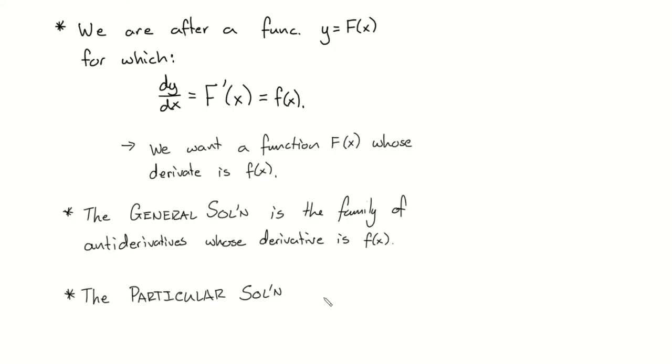Now, we're going to get more specific with this, but if I want a particular solution, all it means is if I give you infinitely many of these, this whole family, where it could be any of these, however many graphs, all of them, I'm looking for the one that fits some specific data that we're given to begin with. So we're not going to go crazy with this definition, but we're going to say the particular solution can be found, and we will find it, can be found if we know